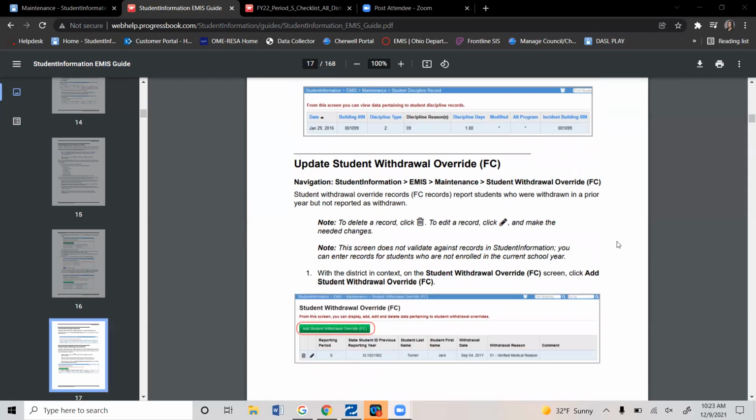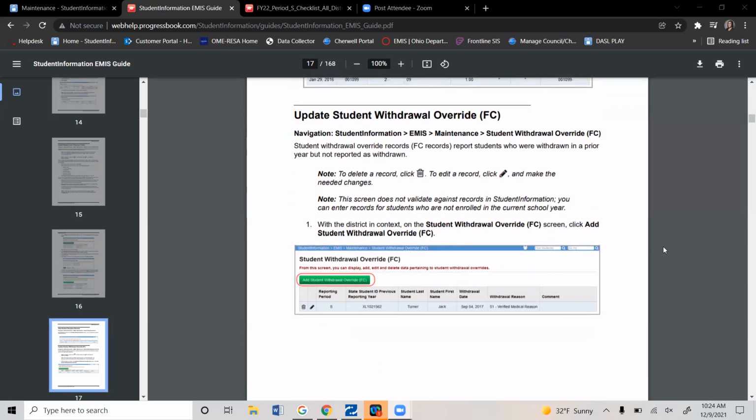Updating the student withdrawal override. This is the FC record. This record is used to report students who were withdrawn in a prior year, but were not reported as withdrawn. So you can go in to adding the student withdrawal override record,